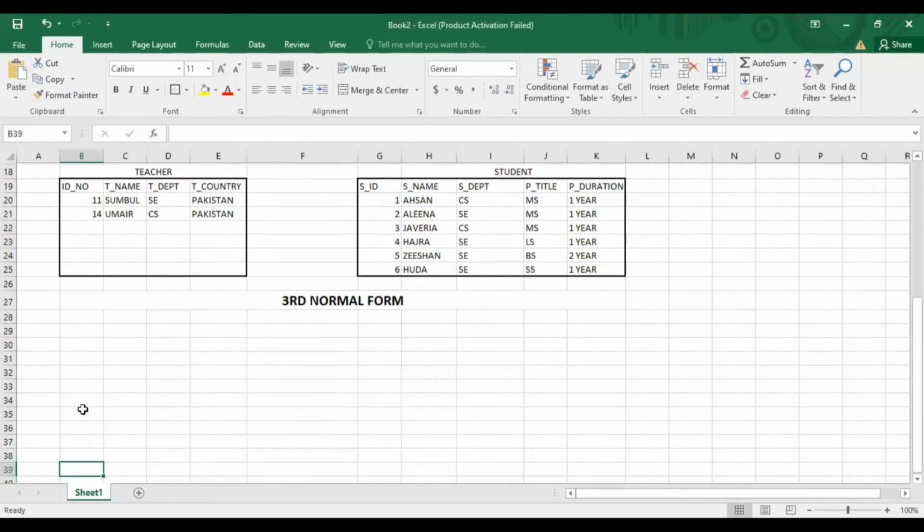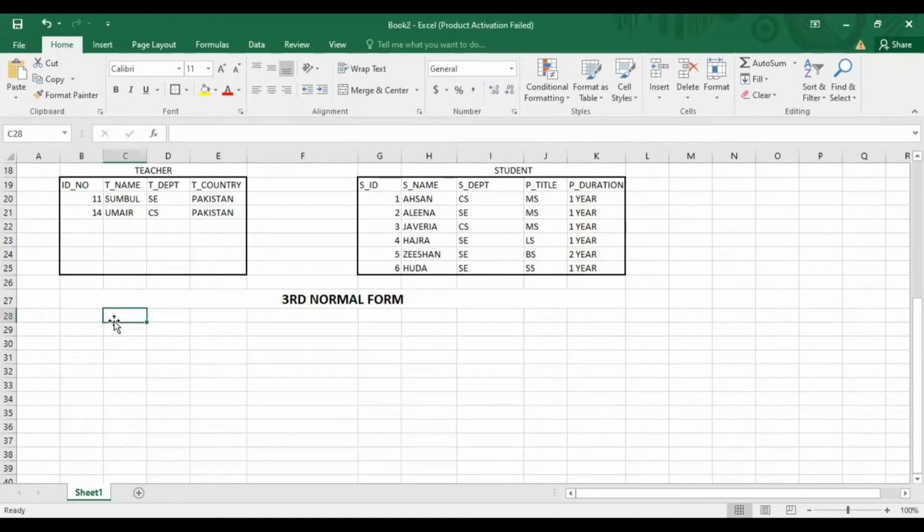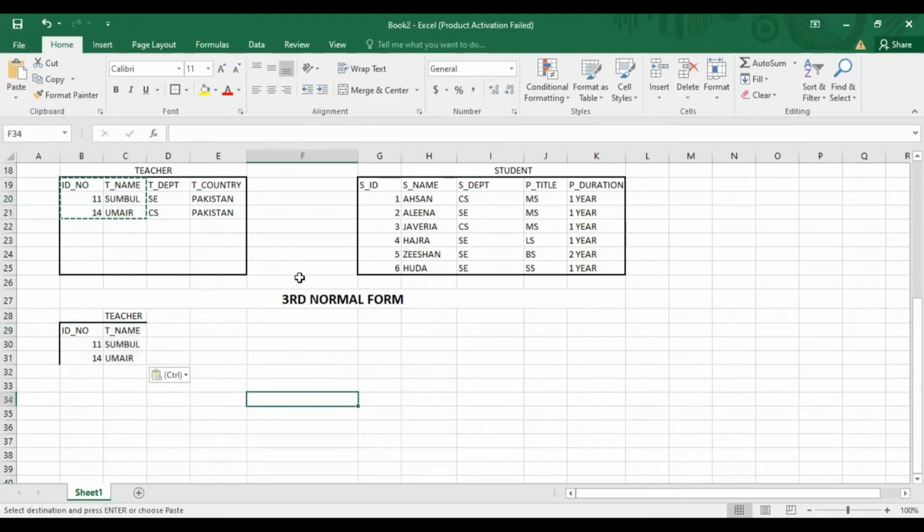First, let's write here teacher, and copy this and paste this here. This is the teachers table.